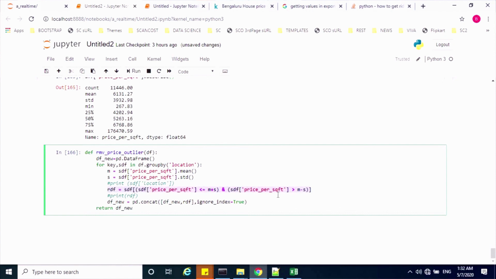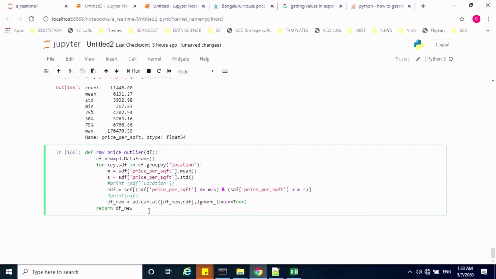Other than that will be treated as outliers. I'll iterate for every location, concatenate and append all those data frames, and create a new data frame by excluding all those outliers.